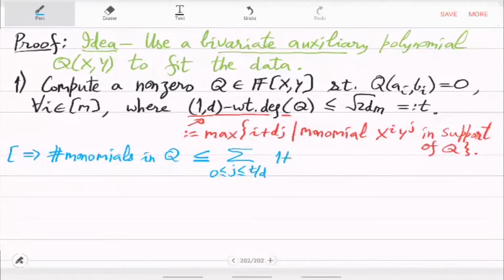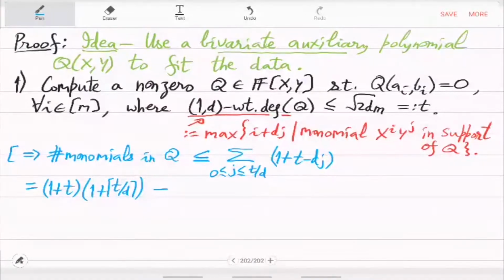So this is the number. i is at most t minus dj, right. So you get 1 plus that, since i can also be 0. So go over all these j's. That's the number of monomials that Q can have for this weighted degree t, which is a simple calculation. So it's 1 plus t times this, for the 1 plus t contribution, and for the dj contribution you will get